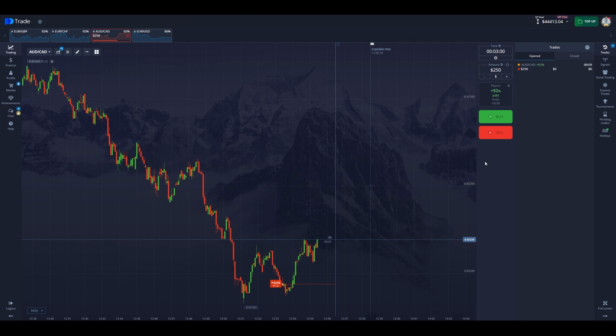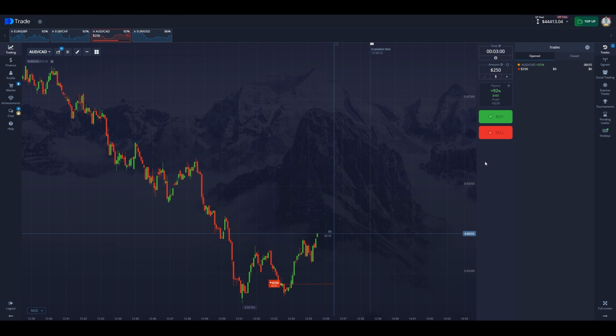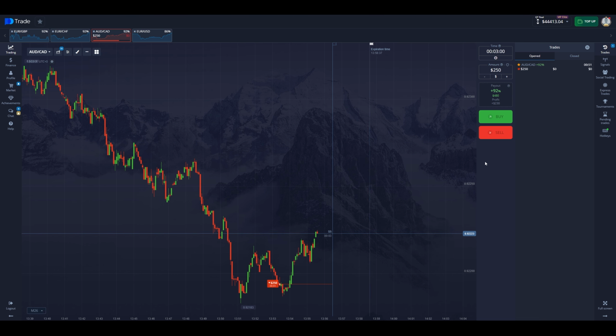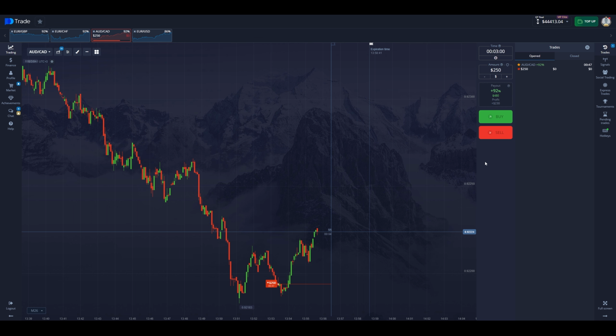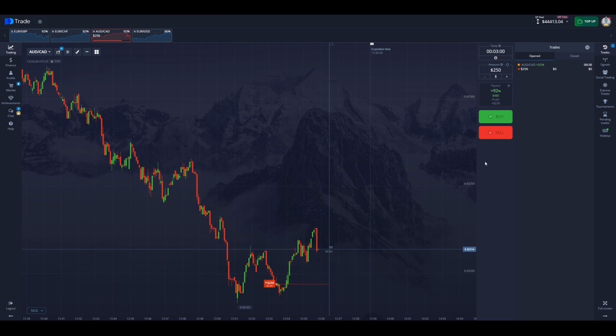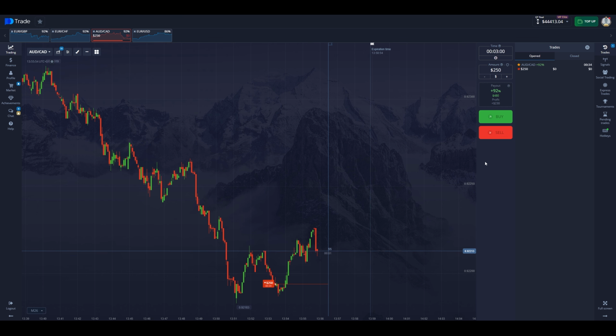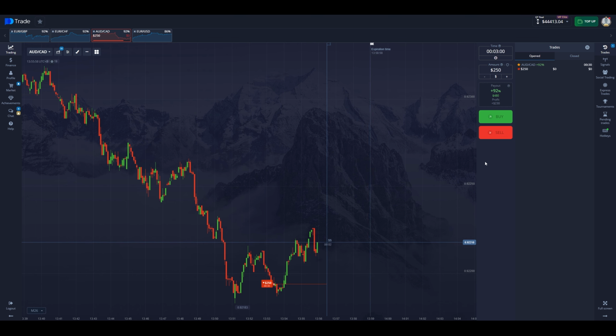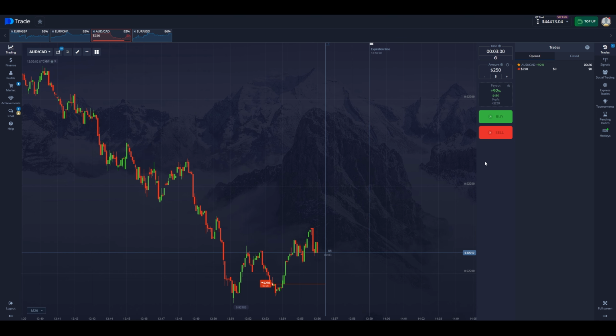For example, many beginners, when they see that their position is closing in the red, start to get nervous and make impulsive trades to compensate for the losses. This very often, in almost 100% of cases, leads to even greater losses. Here, discipline and proper risk management come to the rescue.